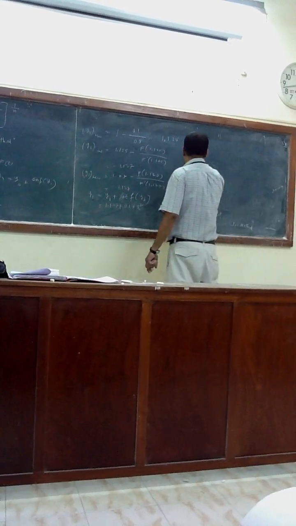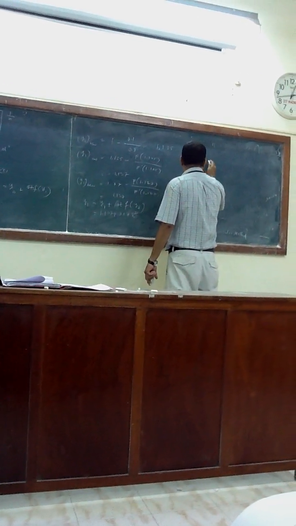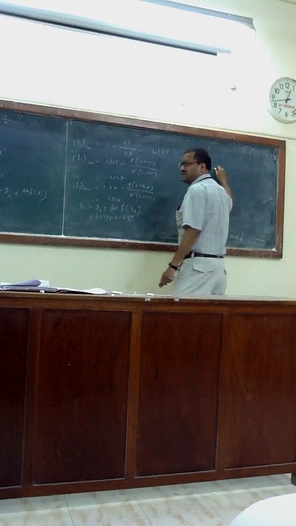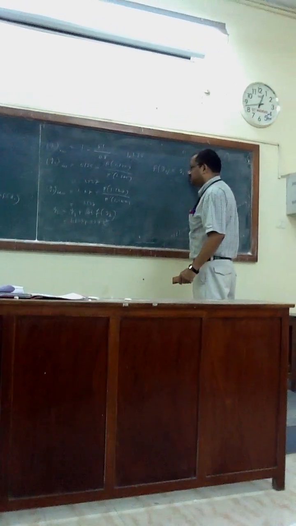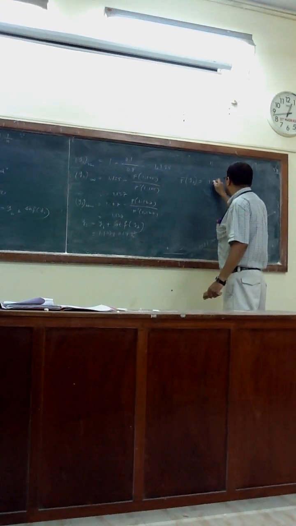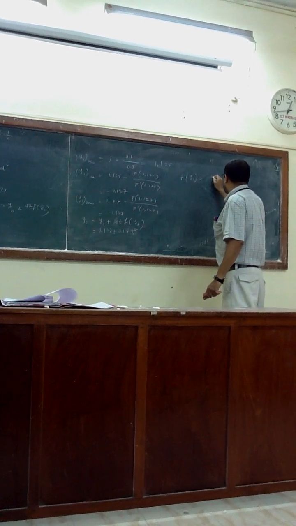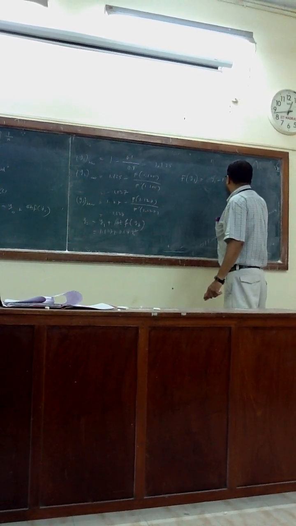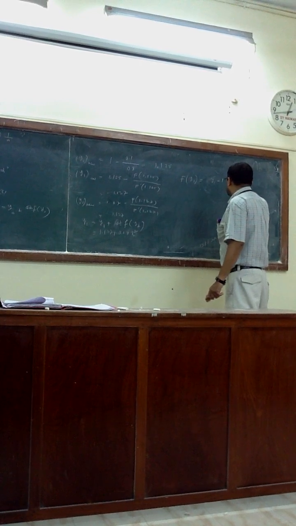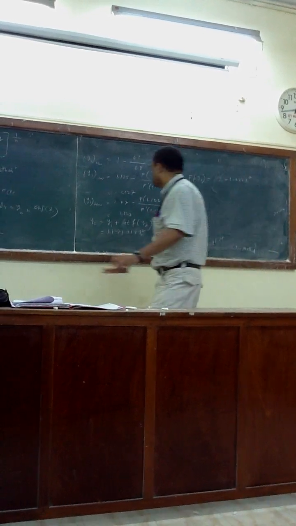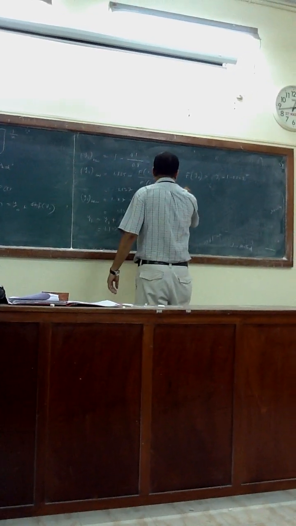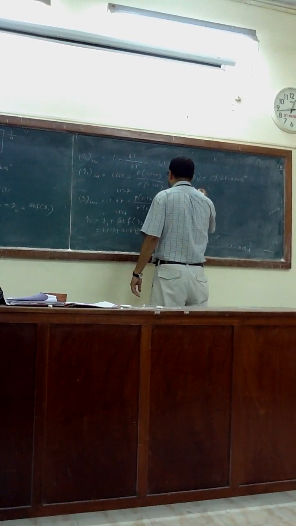F of y1. What is that? y1 minus, can you tell me? I deleted everything. 1 minus y1 minus 1, 0.1 into y1 square. Am I correct? Okay. You want to find out the derivative f prime